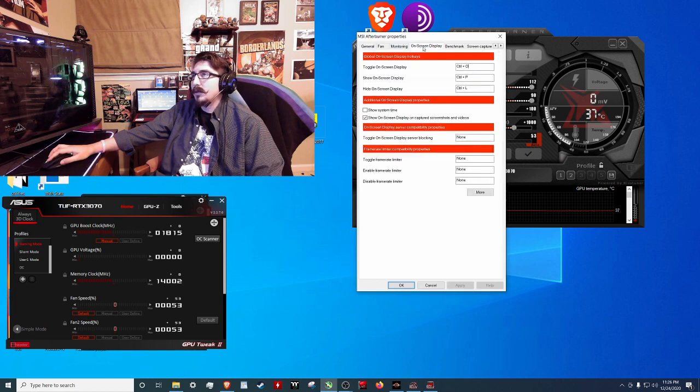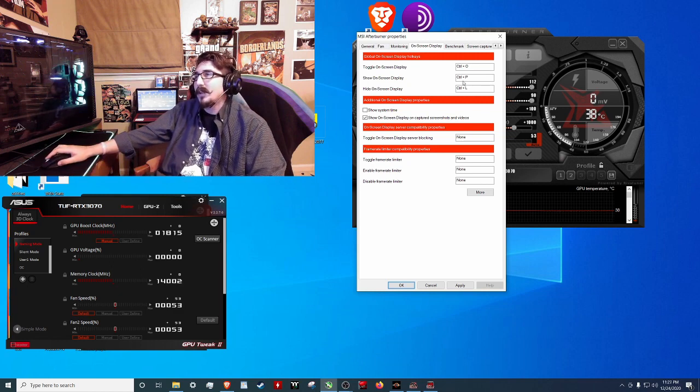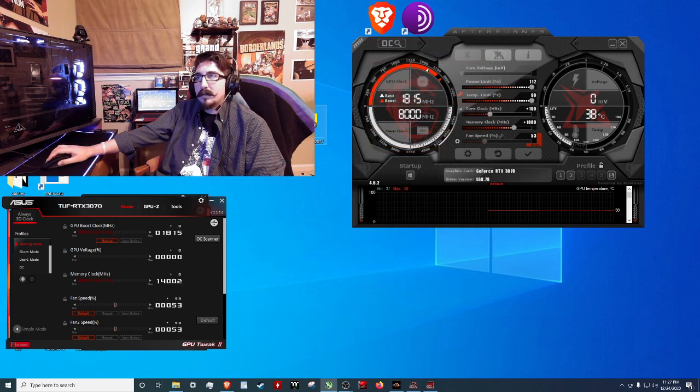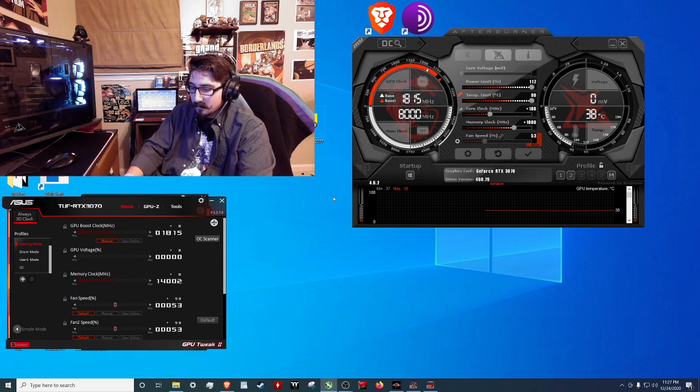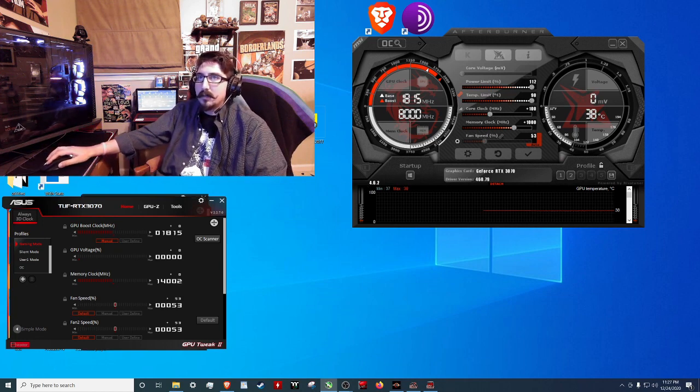So then you'll go down to your settings. Go over here to on-screen display. Right here where it says toggle on-screen display, you'll just select it. For me, it's Control O, not zero, Control O. The letter O, not zero. So while Cyberpunk's running, and make sure that Afterburner's turned on and you have whatever overclock you have it set at, you can hit Control O, and up in the top left-hand corner,